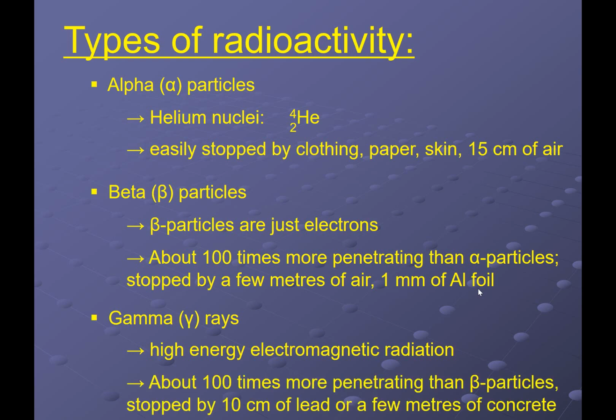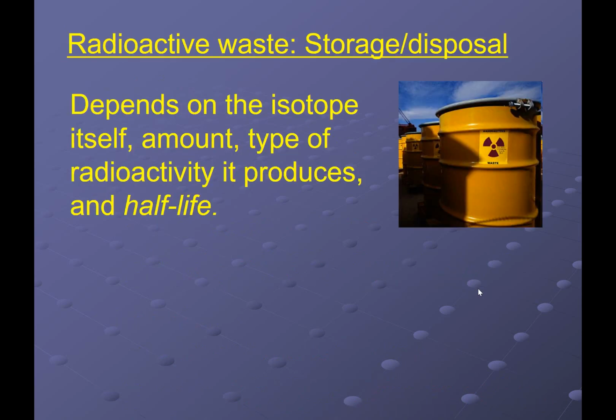Gamma radiations are another 100 times more penetrating, in this case more penetrating than beta particle. We need some heavy duty lead sources or meters and meters of concrete to actually safely store the energy inside. So as we look at waste in general here, we do want to take a look